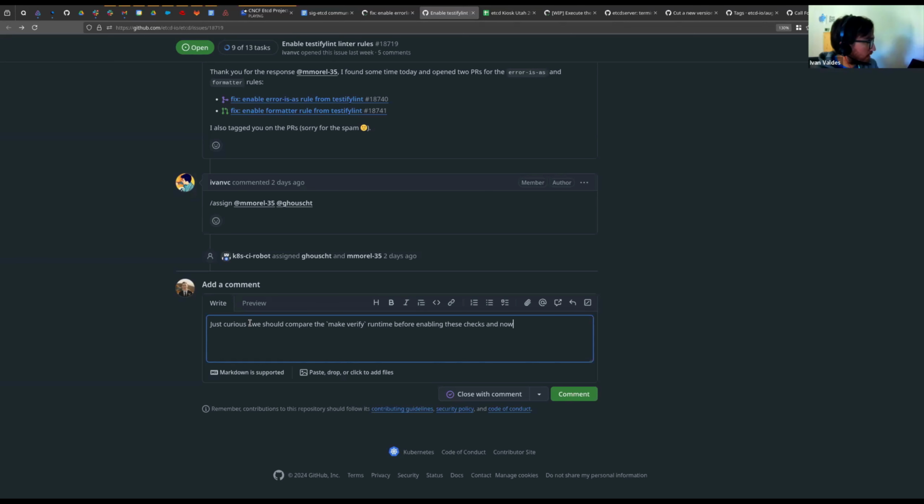What this contributor has been doing is enabling it on his own and then submitting pull requests addressing the issues. It's basically that our golangci-lint configuration is not enabled, so it's just a matter of enabling it. Right, and I know the end-to-end test part could take long, but fixing the linter issues should be pretty straightforward.